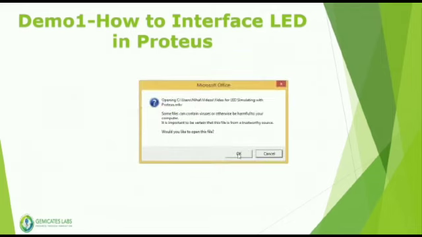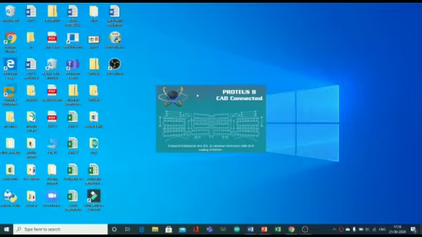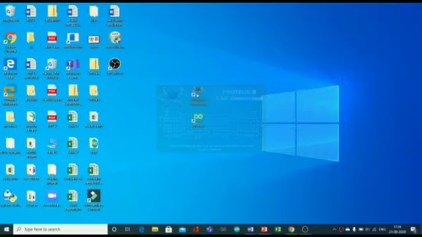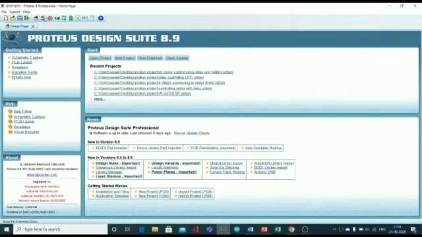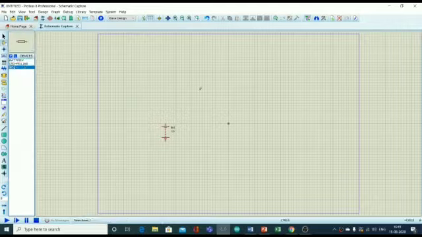Let us see how to interface LED in Proteus. In demo 1, first we should go to Proteus software and select schematic capture. After selecting that, we should go to component mode and select P for selecting the devices required. The required components for interfacing LED are battery, LED, resistor. Place the selected components in the required field and make it a circuit.